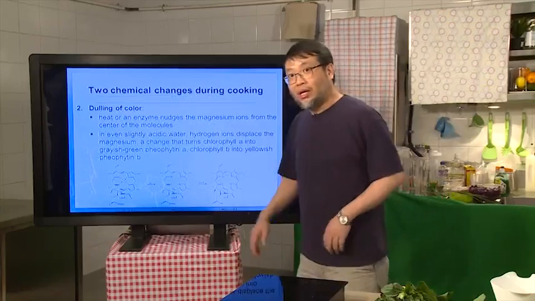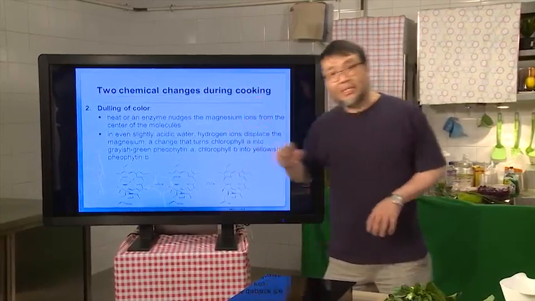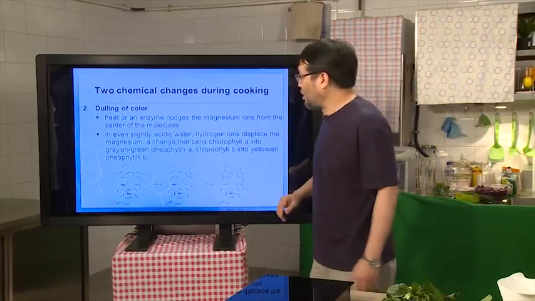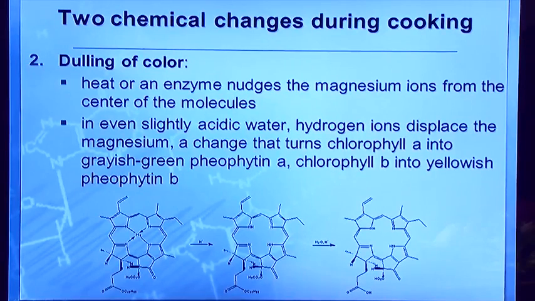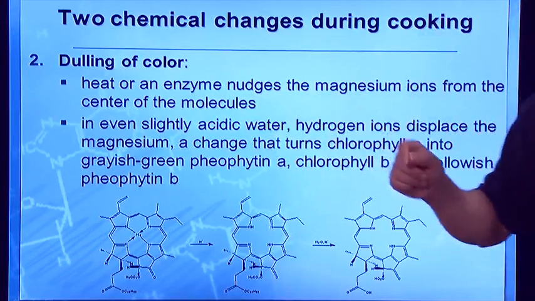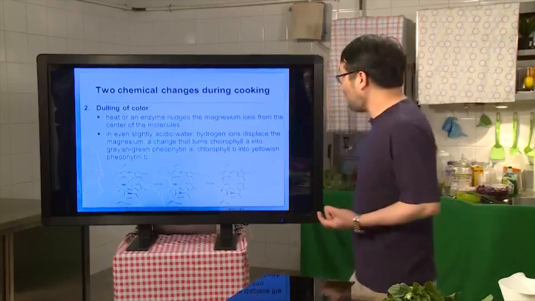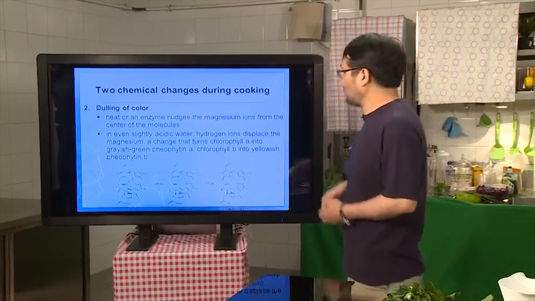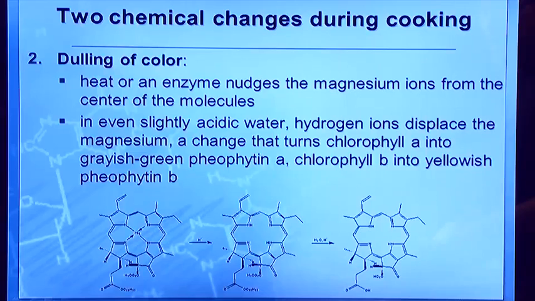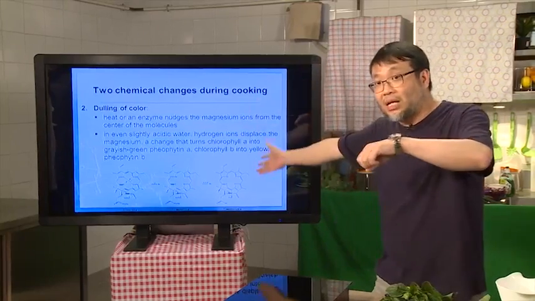Now, also, as I pointed out, using acid, we can also cleave this particular tail. So we can use enzymes and so on, and we can remove this magnesium ion from the center of the molecule. But on the other hand, when it's acidic, this magnesium ion can also be kicked out of that porphyrin. Why? Because when something is acidic, such as when you put it in vinegar or some citrus food, these acidic media have a lot of hydrogen ions. This hydrogen ion can easily come in and kick out the magnesium,